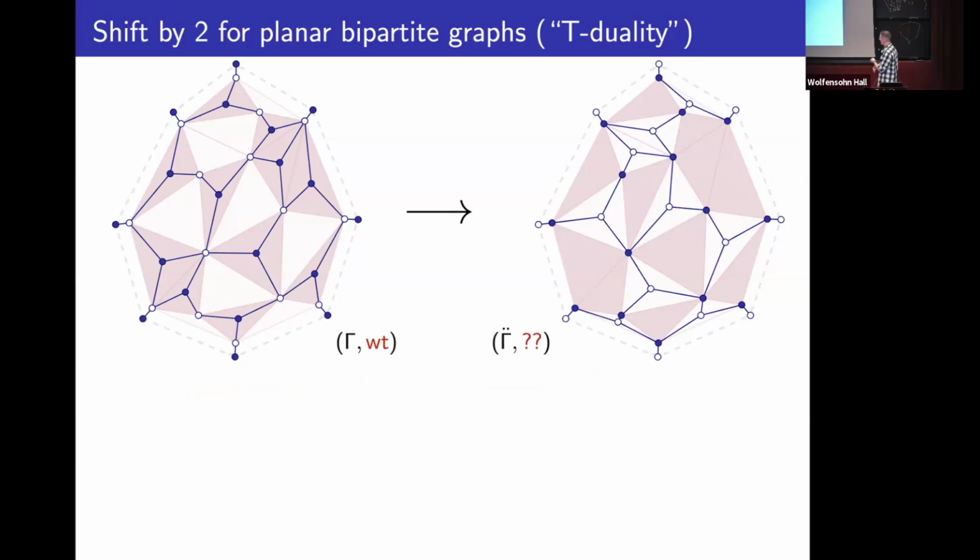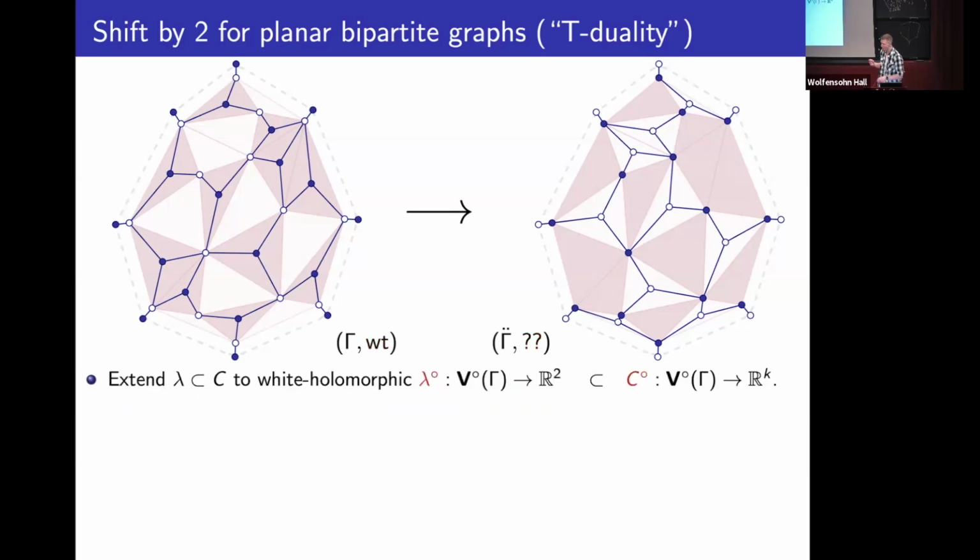This has been bugging me for a few years: what is the canonical weight transformation? It turns out that there is no canonical way to do this. The weighted graph just corresponds to a k-plane C, that's the boundary measurement map. But if you fix a 2-plane lambda inside of C, then there's a very nice canonical weight transformation that I'm going to explain now. So you start with a 2-plane lambda inside of the k-plane C,